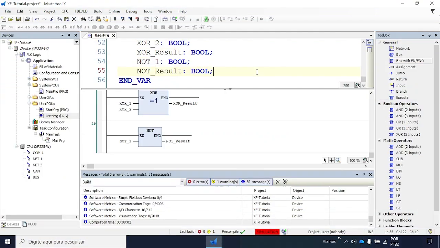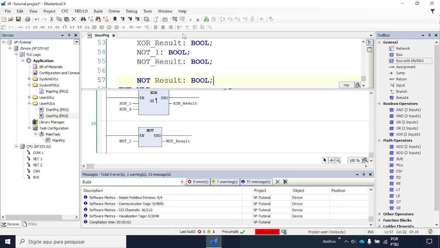Hello everyone, in this video I'll show you some common syntax mistakes when declaring variable names in Master2. So, as you can see, I declared this variable name as not_result. Instead of using a white space to separate these two words, I used an underscore character, because Master2 does not accept white spaces in variable names. So if I were to declare the same variable name as "not result",